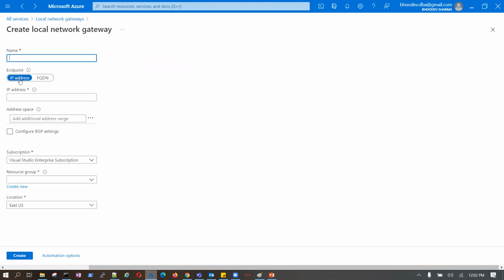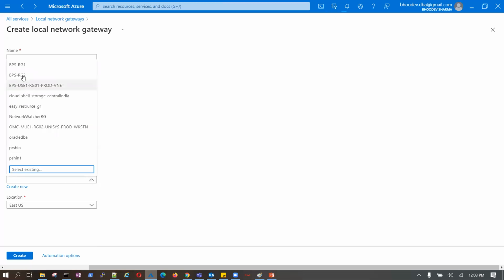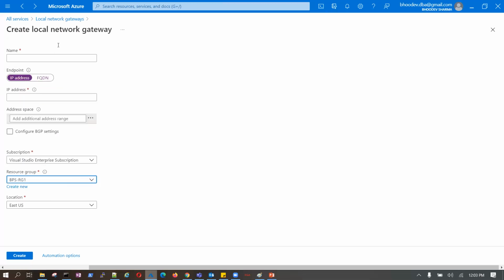This one, okay. So either this is a local network address, now this becomes IP address or FQDN. IP address, we need to define it here. Now the address space means local network gateway will have one address, but this will include the address space, meaning this is having 156.64.1.1, but this will have, let's say, 250, 100 or 1000 machines, right? And the resource group in which you want to create it and the location.